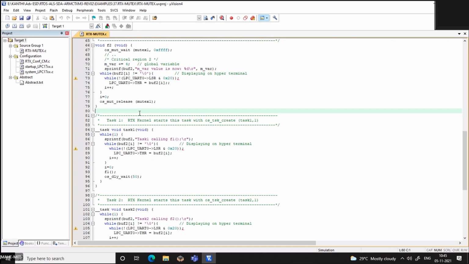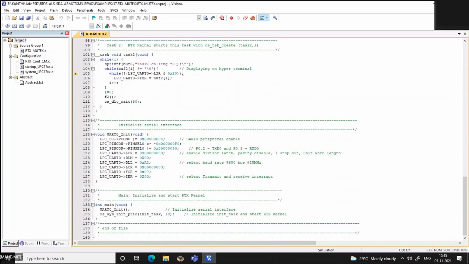Just to add a little complexity, because otherwise function 1 is used by task 1 and function 2 is used by task 2, but here, to show how a nested function call can execute, an additional function is added so that F1 is calling F2. So this is the program for the mutex. Please try to understand. Here we will be using a common variable which is part of the function, and you call this function in the particular process.